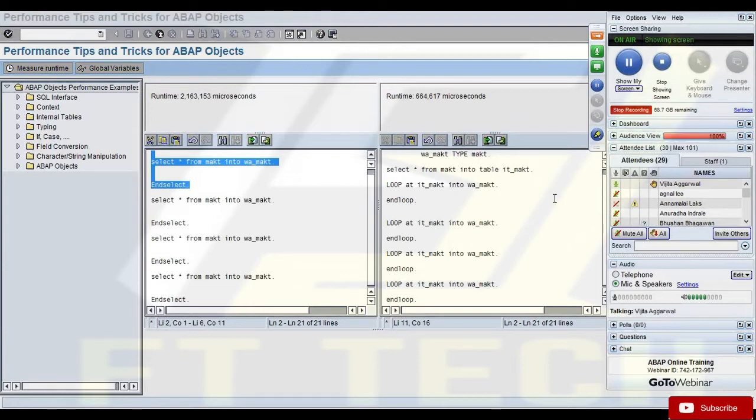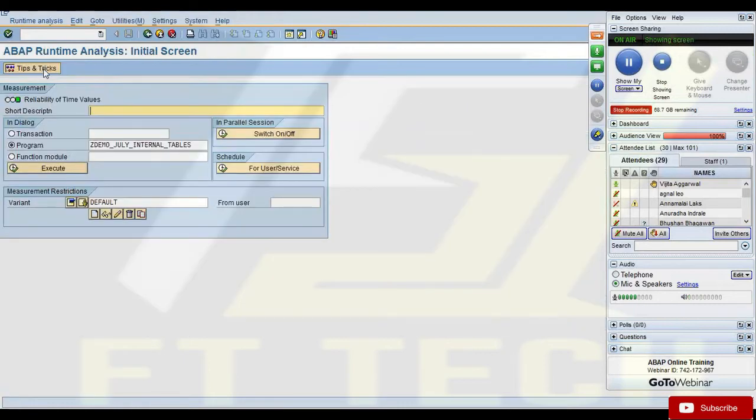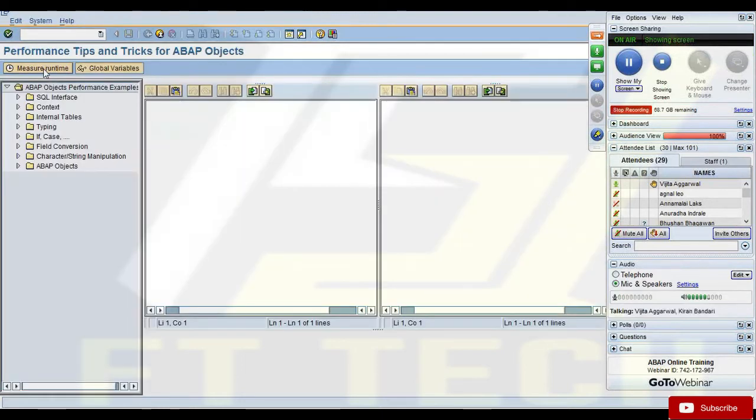Yeah, Kiran, can you show how you came to this screen when you went to SE30? After that, how did you come here? In SE30, click on these tips and tricks. Okay. So if I want to see how my program